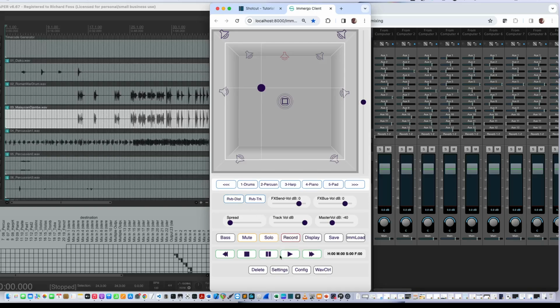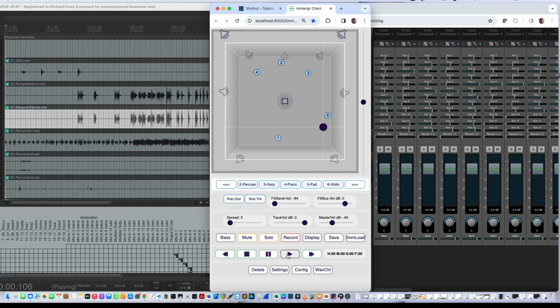The transport controls can be used to play, stop, pause, rewind, or fast forward the DAW. Reaper is the DAW shown over here, but any other DAW can be used. You can use the display button to display any of the tracks, and then upon playback you'll see those tracks displayed. So here I'm going to display a couple of tracks just to show that, and then I will play back those tracks,